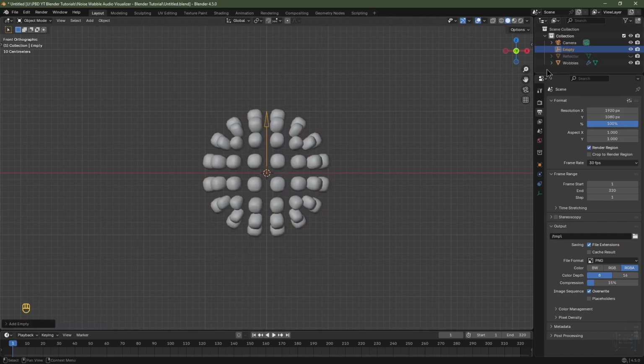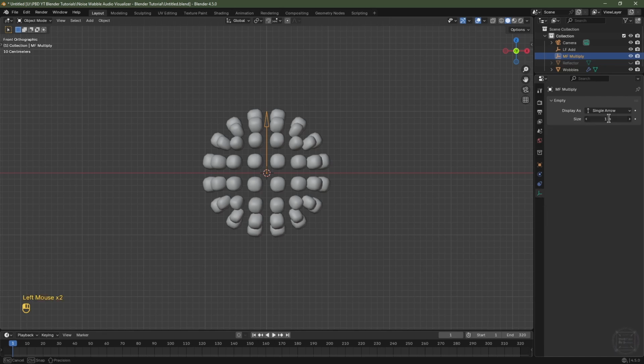I'll then navigate to my outliner, and I'm going to rename this object to LF add for low frequency add. I'll then hit Shift D to duplicate and escape it back in its original position. I'll then navigate to the outliner, and I'm going to rename this to MF multiply for mid frequency multiply. I'll then navigate to my object data tab over here, and I'm going to change the size to, let's say,